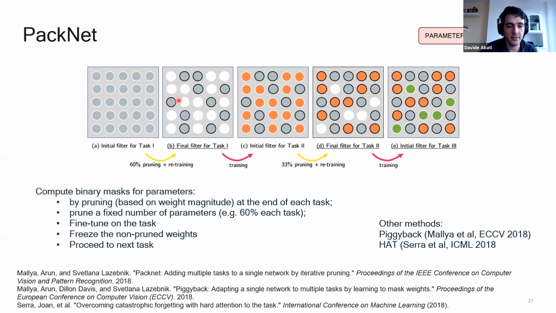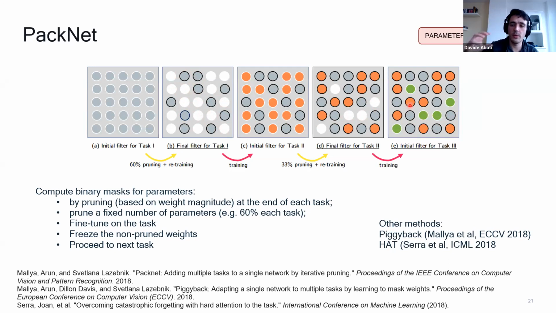Because if you prune a network, it's always better to fine-tune the remaining, the surviving weights. Then, after fine-tuning, we will freeze these weights, and in the empty spots, we can train for task 2, right? So the orange circles are trained on task 2, and then we can prune them and fine-tune the orange ones, and then go on until we finish the tasks or the free parameters.